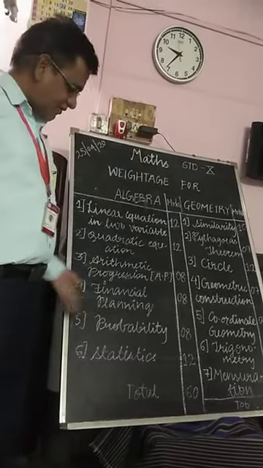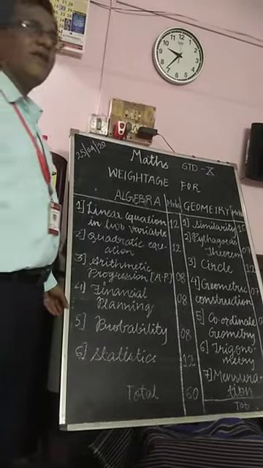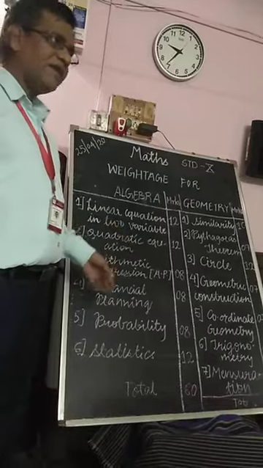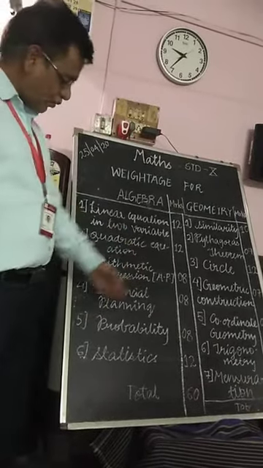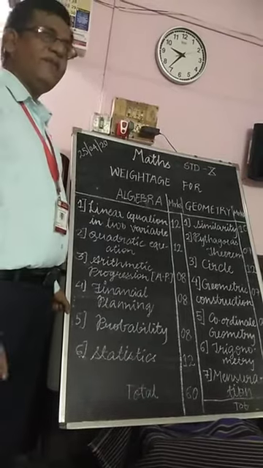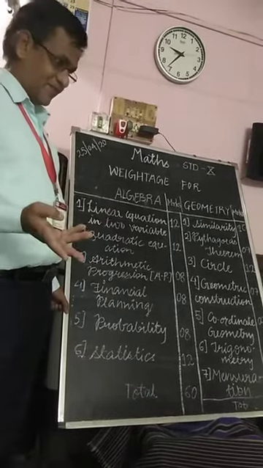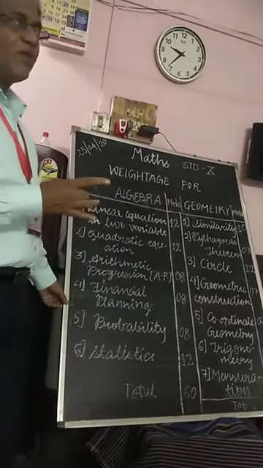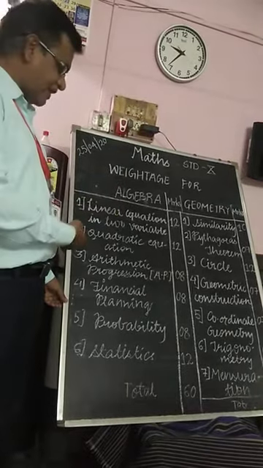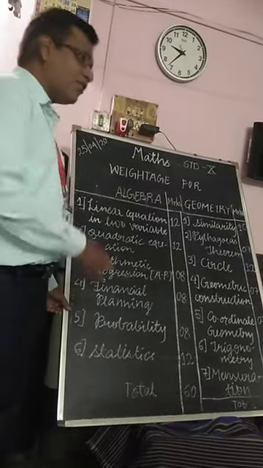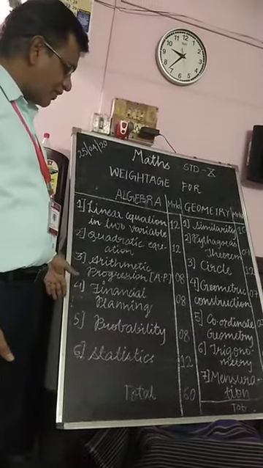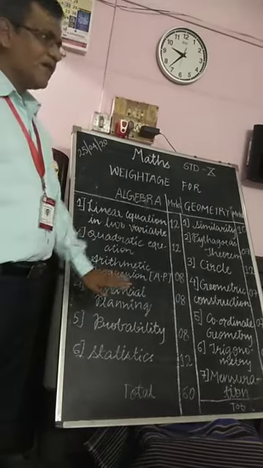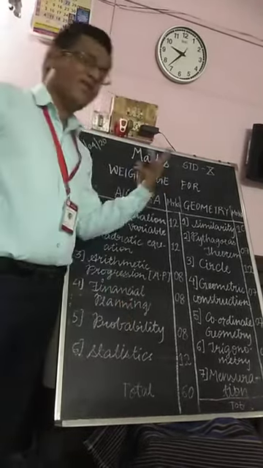In that chapter we already learned how to find the mean, median and mode of different data, that is, primary data or secondary data. But we only learned how to find mean, median and mode in ungrouped data in the 9th standard. So now you have to find the mean, median and mode, the same thing, that is the central tendencies, of grouped data. The data is given in groups, and now you have to find the mean, median and mode from that data. But here, the mean you can find by 3 methods.